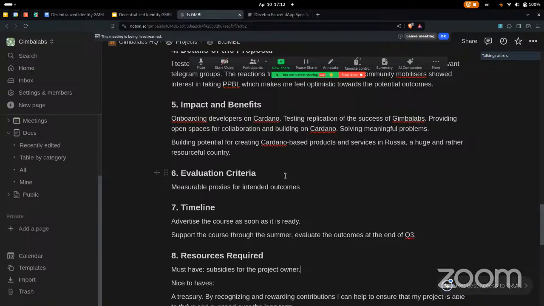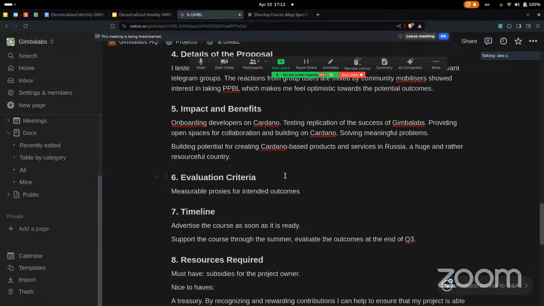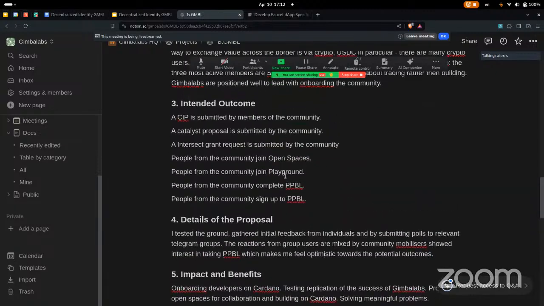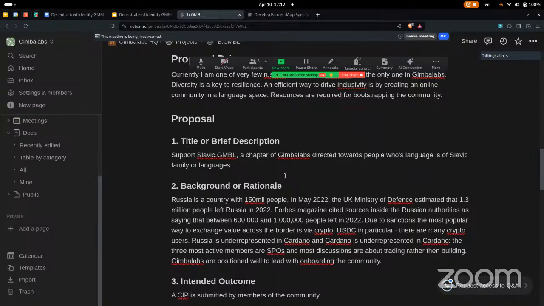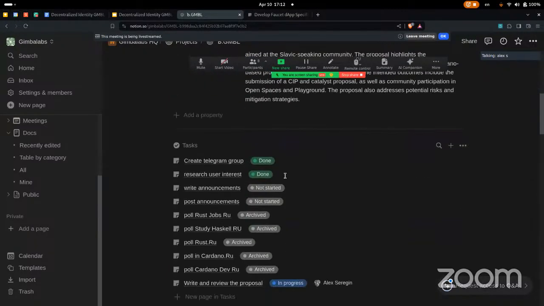So, to reserve funds from the treasury and pay me a little bit from the treasury in a while, but not right now, because first there needs to be some movement with the proposal, and it's blocked by release of PBL, because what's left for me to do is just write announcements and post them in Telegram groups, and then host live meetings.